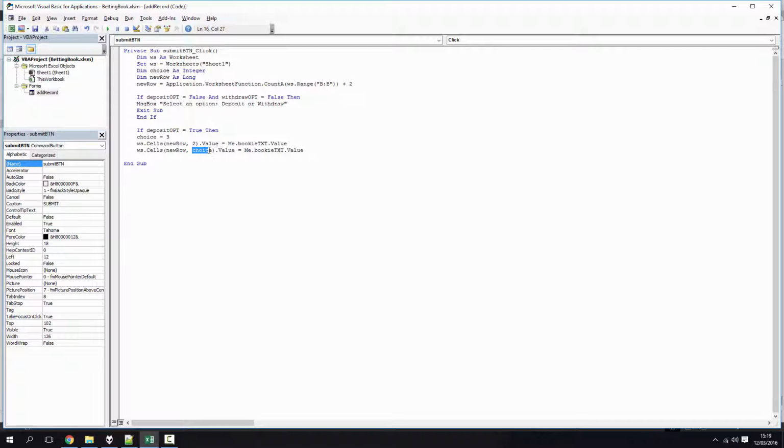So now, instead of being in column 2, it's going to be column 3, because that's what we've set choice to be. So new row, same row as the one before, but a different column, and then the value is going to be equal to, and obviously this time it's not the bookie text box, it's the amount text box, and again dot value. So now what I'm going to do,